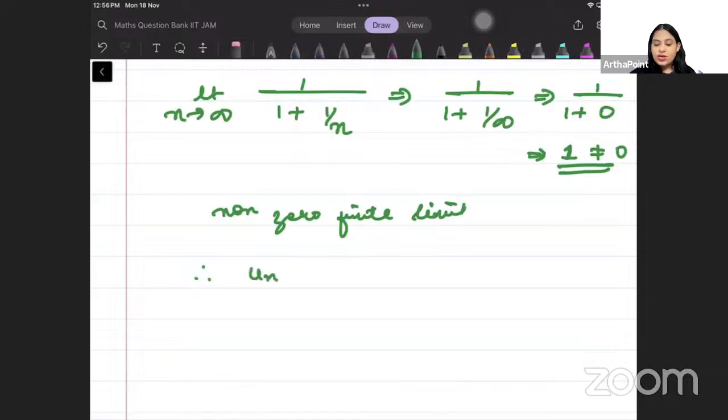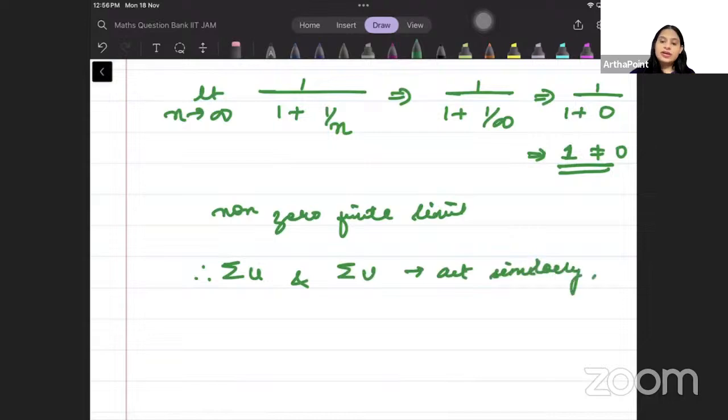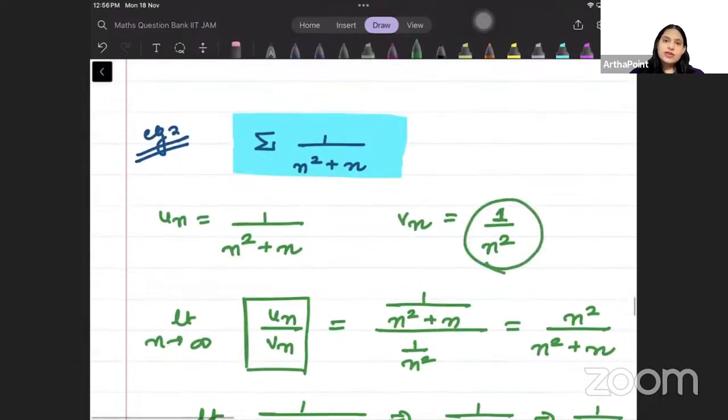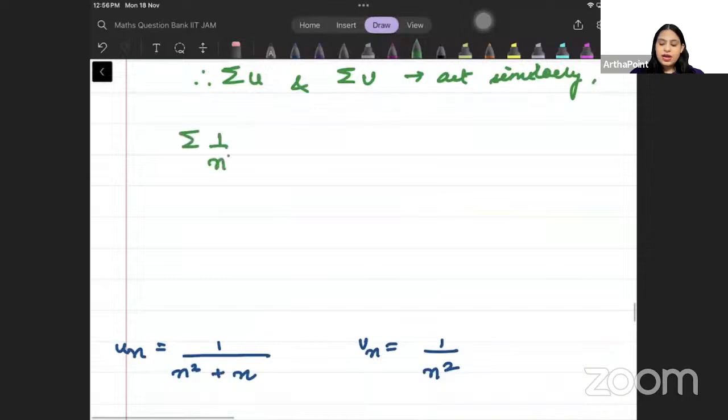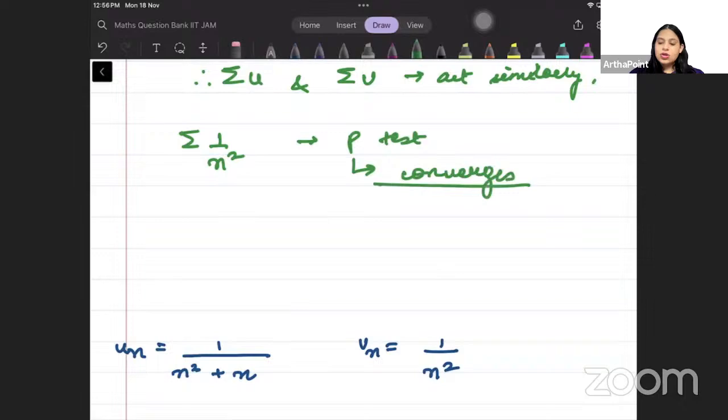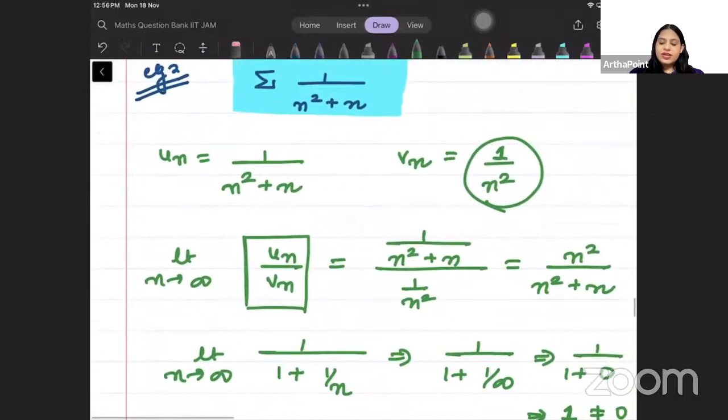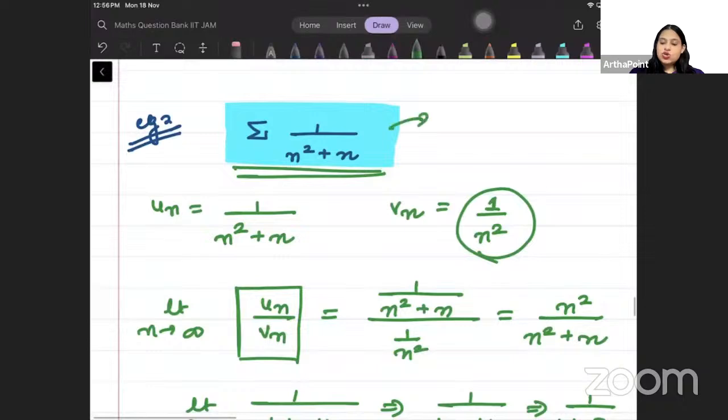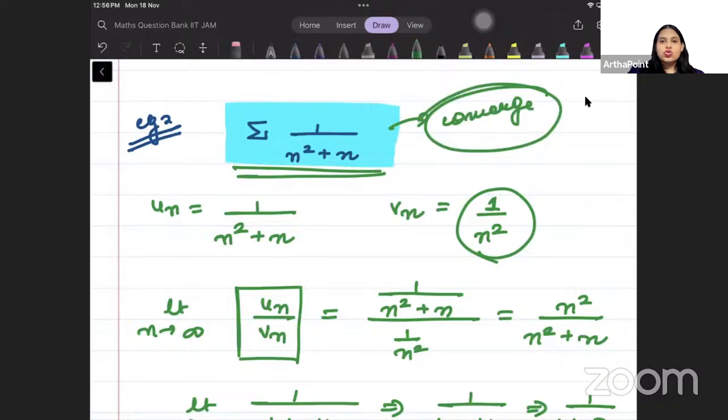Therefore, summation U and summation V, they will act similarly, right? And what is summation V? Summation V is 1 by n square. And we know that using p-test, because the power is greater than 1, it converges. So if this converges, then we know that both will act similarly. So this Un should also converge. Un should also converge. So we can go ahead and we can say that it will go ahead and it will